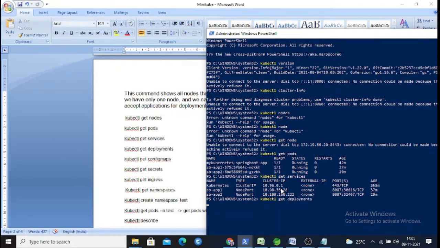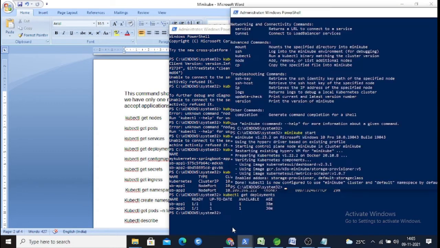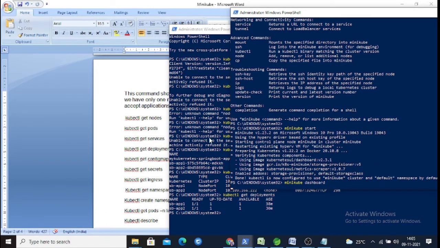If any previous deployments are already there, you can check with this command line interface. The same features we are testing at the command line, we can also observe in our dashboard. Because in the previous window, only our Minikube cluster was started. Let's start the Minikube dashboard, so that our dashboard displays the same details in the user interface.